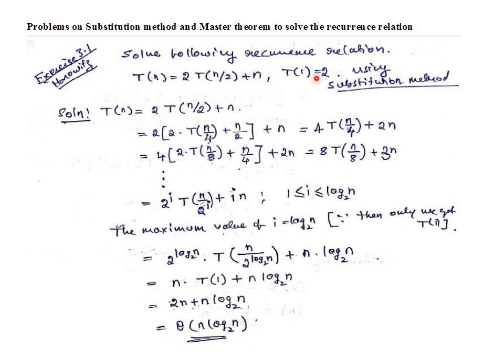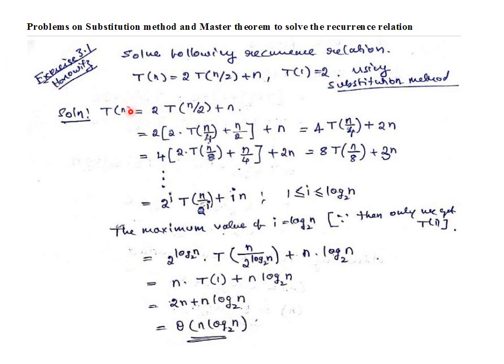Now if n is small, that is n is equal to 1, then T of 1 is equal to 2. That is a constant. So we have the recurrence relation now: T of n is equal to 2 into T of n by 2 plus n. The f of n value is equal to n, and a is equal to 2, b is equal to 2. We are dividing the problem into 2 and solving both the subproblems, and f of n is proportional to the value of n, and if the value of n is equal to 1, then it takes a constant time unit, that is equal to 2.